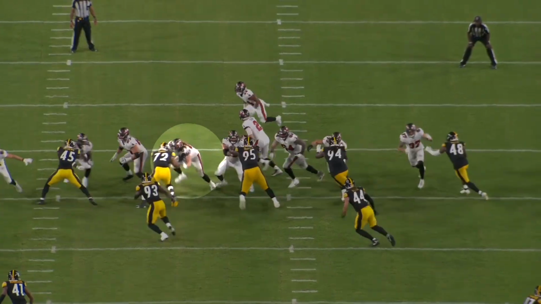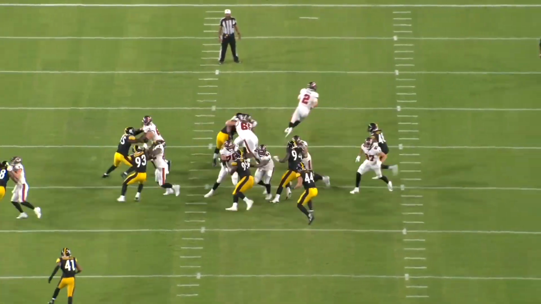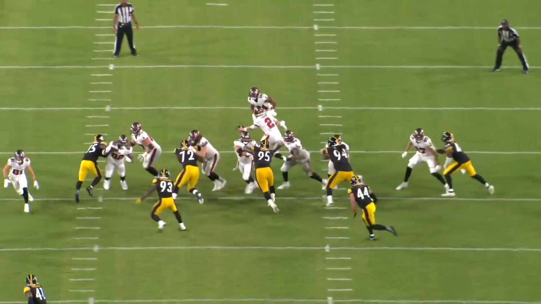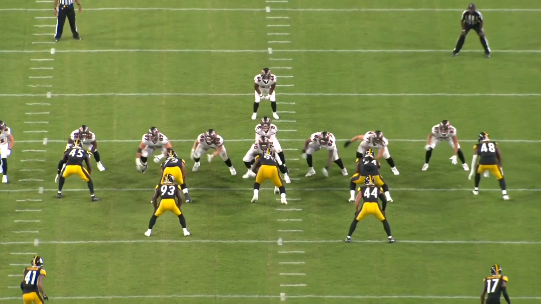This is another very similar example. He's got a man reach on the 3 tech, and just watch the difference between Mauch and the D tackle when they're landing their punch. 72 is proactive striking with his hands inside, and he punches vertically to raise them up and establish a leverage